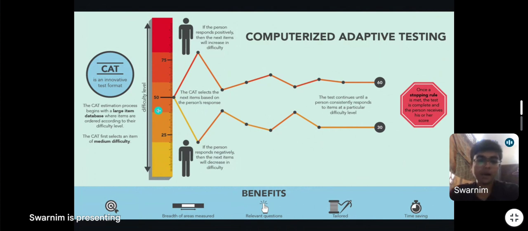Moving forward, we can see how the questions will move as the user attempts the questions correctly. The difficulty will keep rising, and if the user attempts a question wrongly, if the answer is incorrect, then the difficulty level will be slightly reduced so that the probability that the person gives a correct response to the question